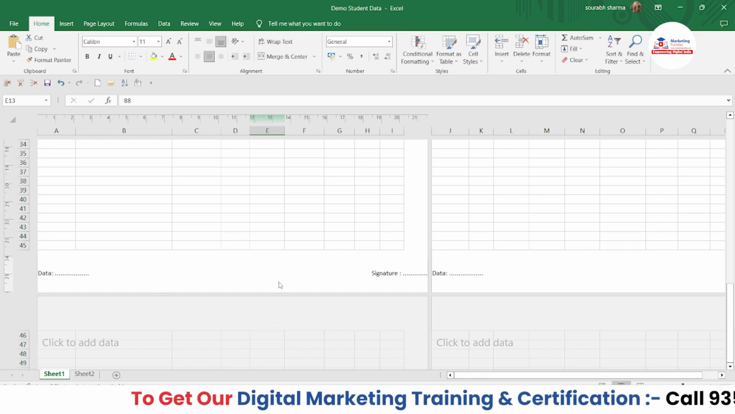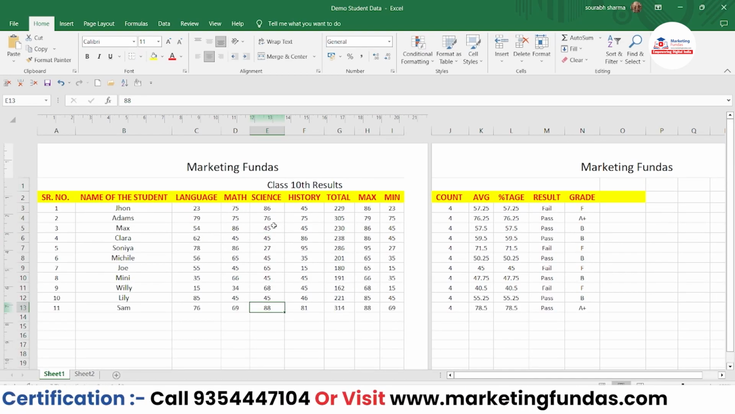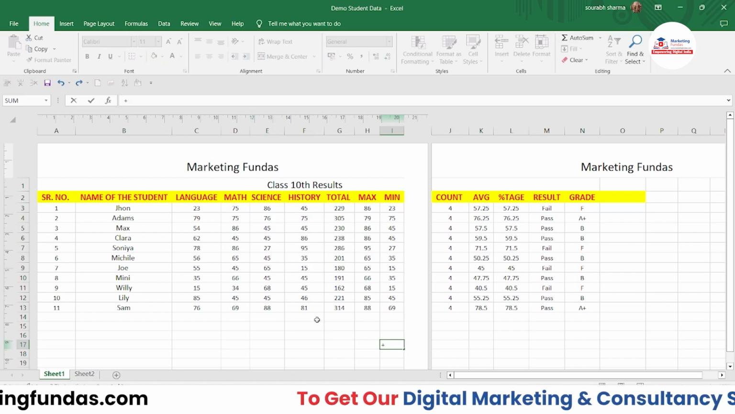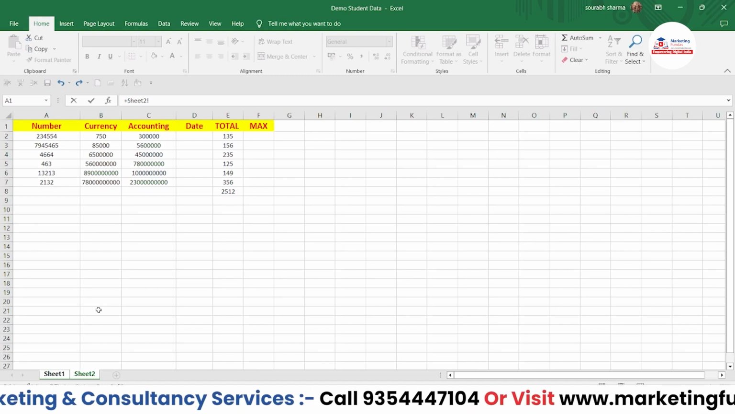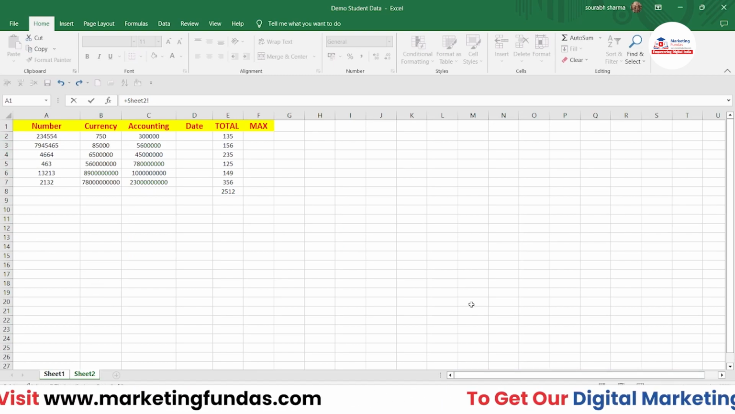You can use these options, the header and footer bar, right? I have just shown you how you can use these options. Then we have number format. For that, let's just go to another sheet, and here we'll show you how you can use these number format